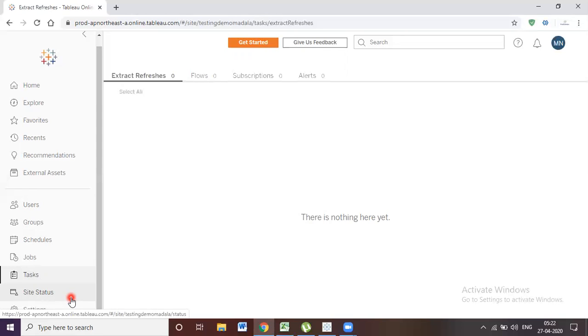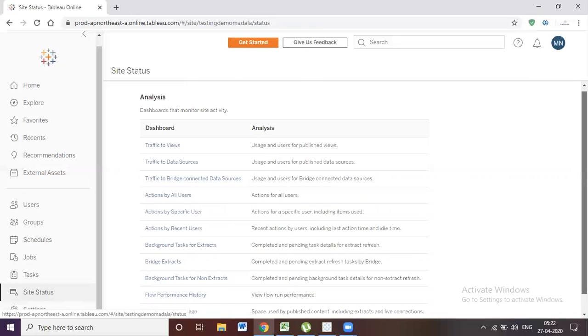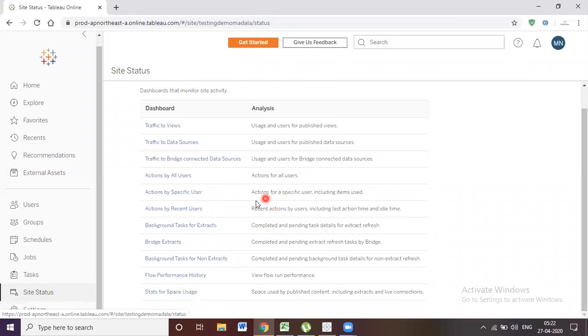How the site administrator will analyze is, here we have a lot of custom visualizations which are provided by default. Once you click on any one, automatically it will open a visualization. From there you can analyze. And bridge extracts, if you are connected to any external files located in some other places on the web, you have to create bridge jobs, so you can see how it is running.